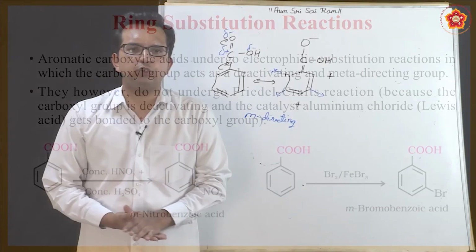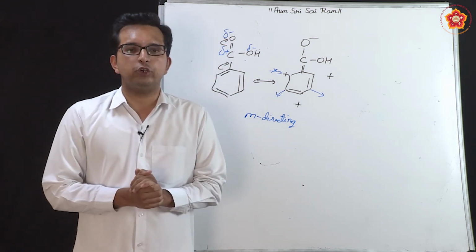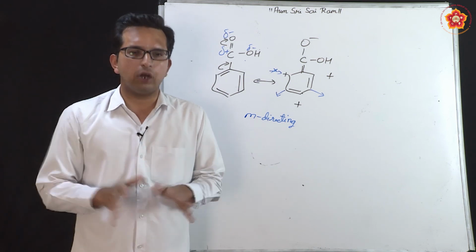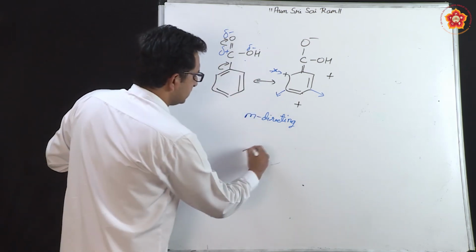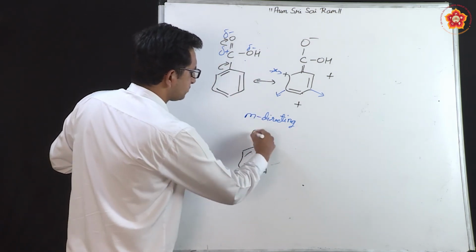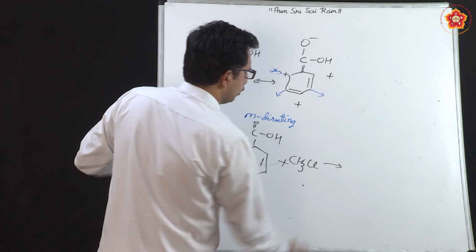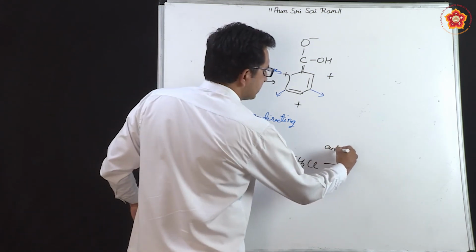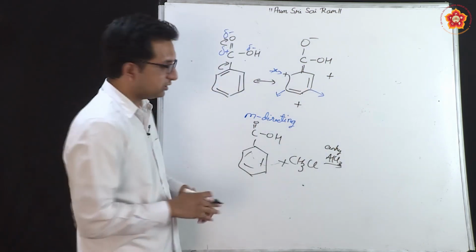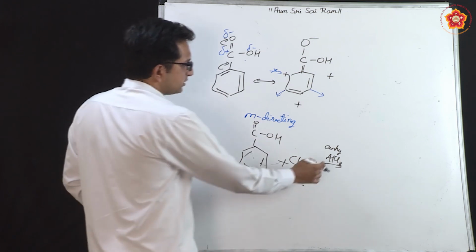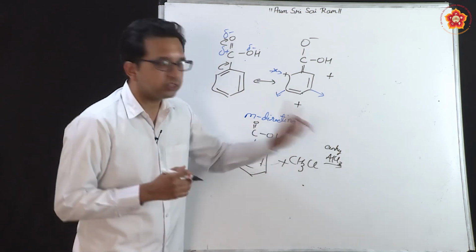Similar to these reactions, we generally also study the Friedel-Crafts reaction for these types of compounds. But the problem here is that Friedel-Crafts reactions cannot take place with this type of compound. The reason being, since we consider this to be acidic in nature, we know very well that in the case of Friedel-Crafts, it is going to be something like CH3Cl or so, where we use anhydrous AlCl3 as the catalyst. The major problem here is, since this AlCl3 is a Lewis acid, it tends to form a salt in these cases.